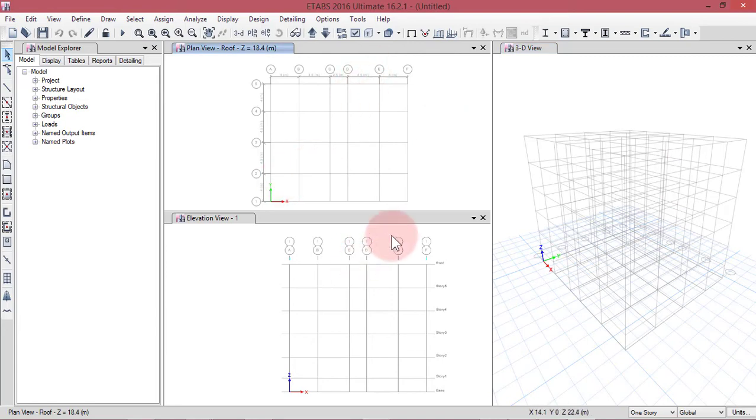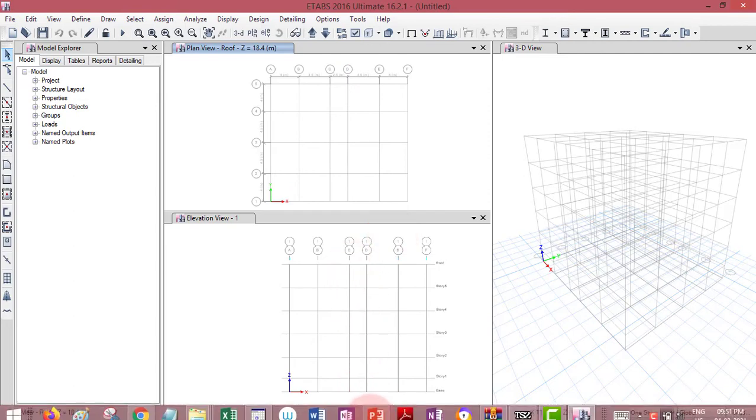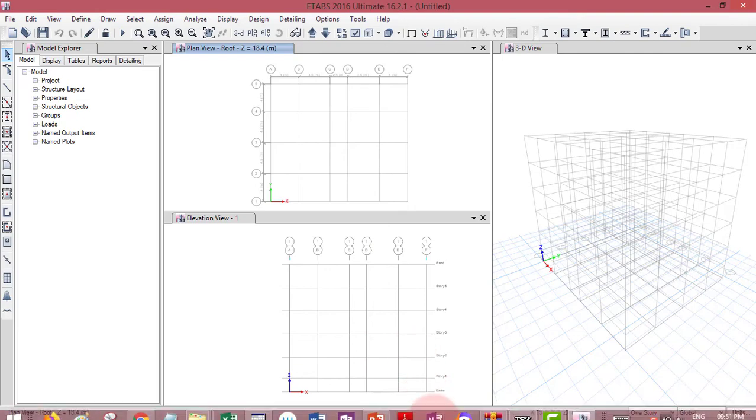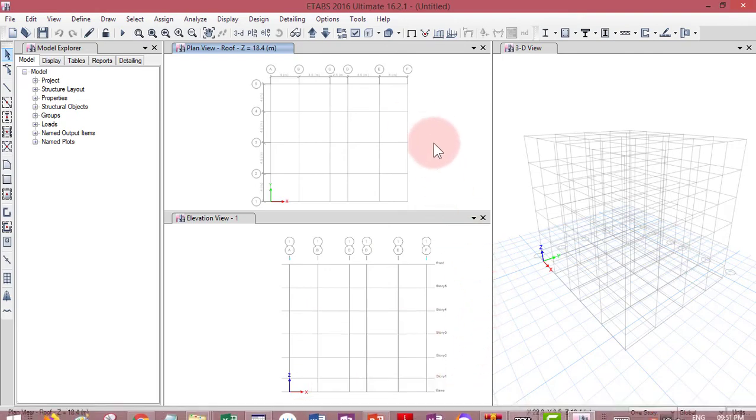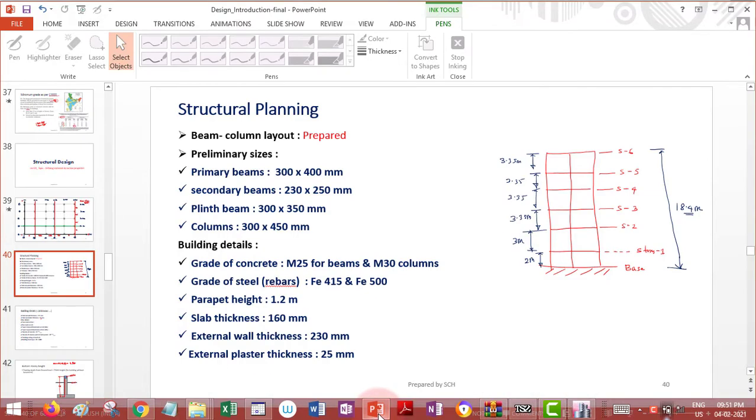Now we have to tell what are the material properties of our building. We have to define the materials and we have to define the section properties in terms of dimensions. For that, first look at what materials we have to use.